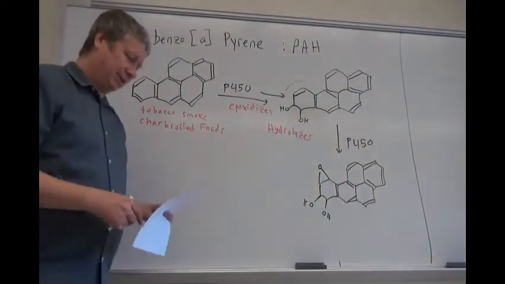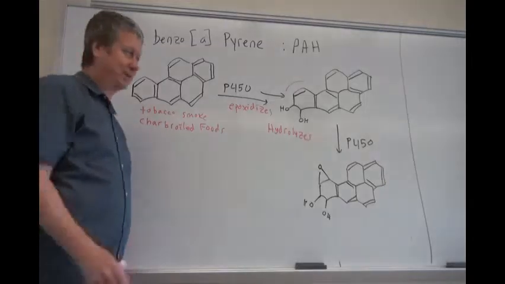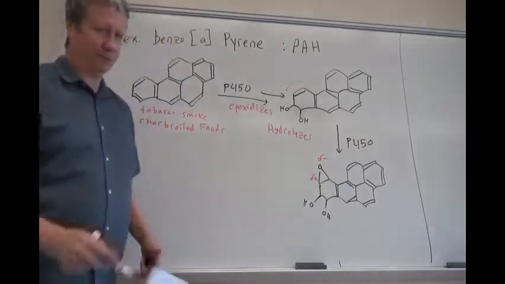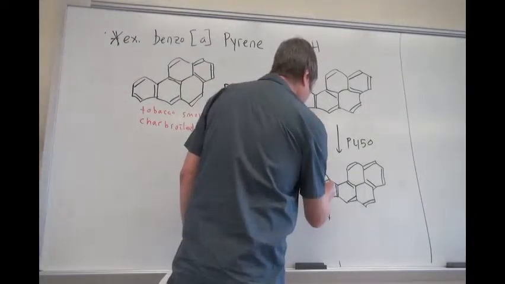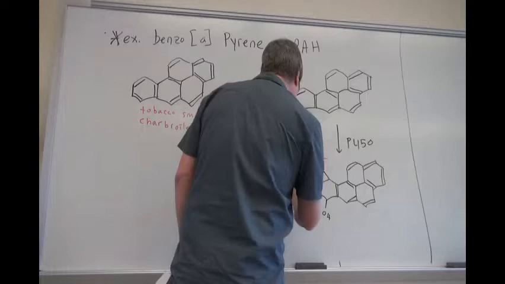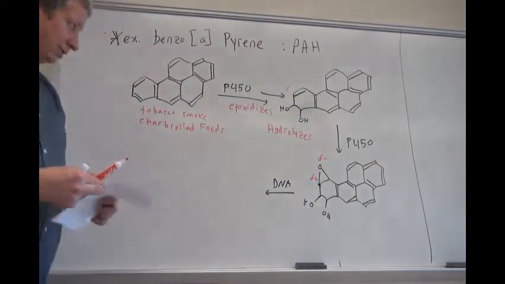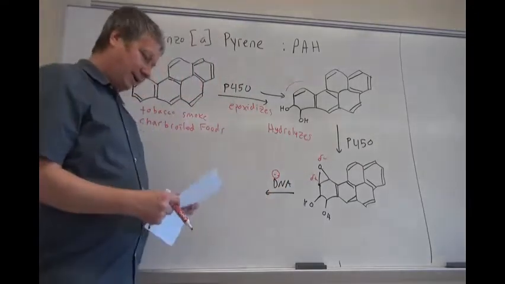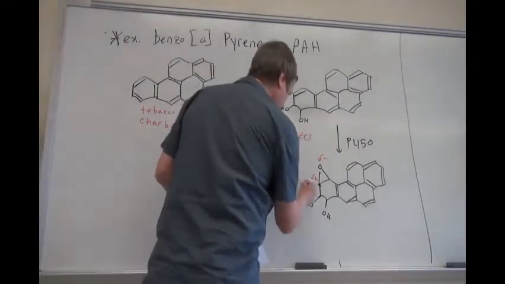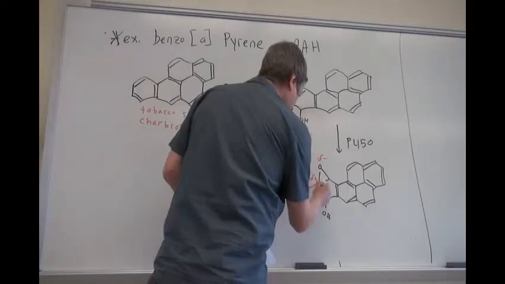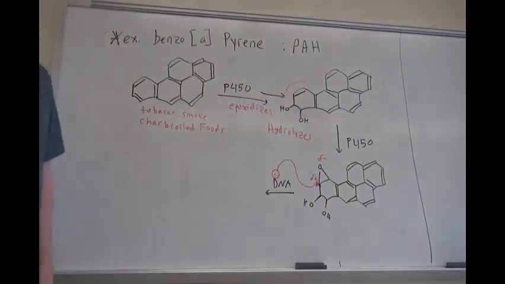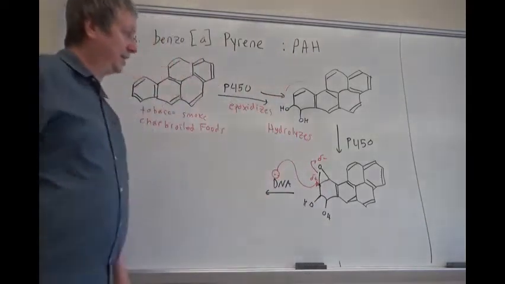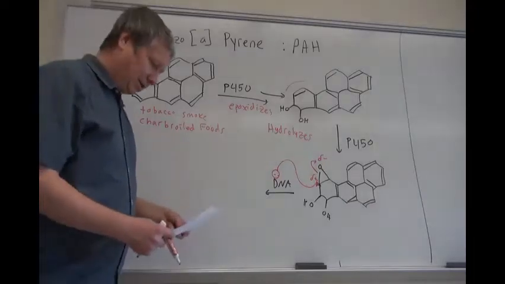And epoxides are also electrophilic. They like to be attacked by stuff. So of course it's delta negative. This is delta positive. The carbon's delta positive, right? What do you think DNA is going to do to this stuff? Well, DNA being nucleophilic, will just attack right here. Attacks the carbon, and where do the electrons go? Onto the oxygen. So now you have DNA attached to this crazy molecule.